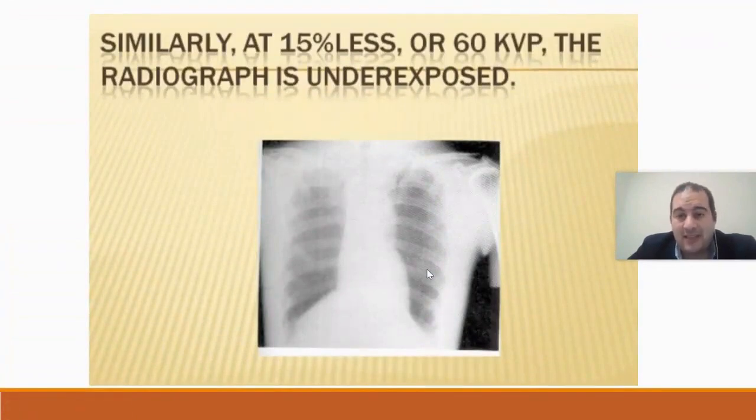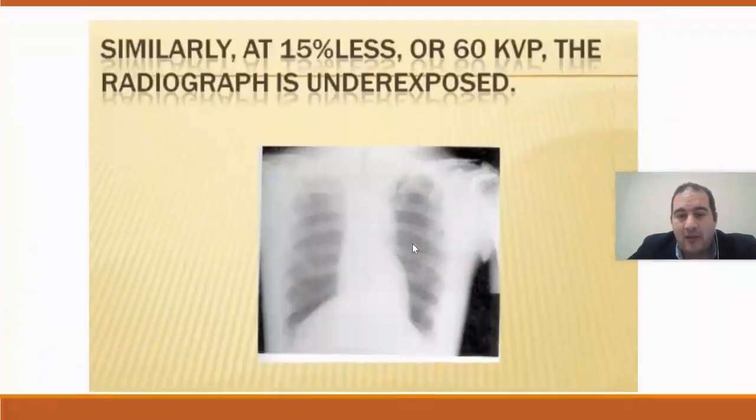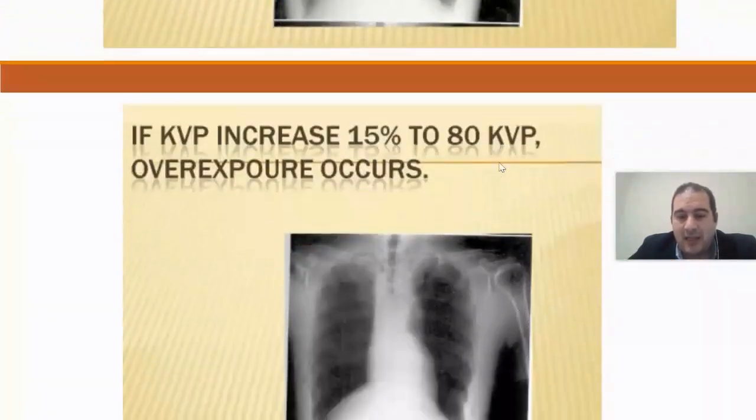15% less means 60 kV, and you will find that the image becomes underexposed. So what is the reason for this choice? If I am talking about the difference, I see that it is not significant. For example, if I talk about 70 kV,